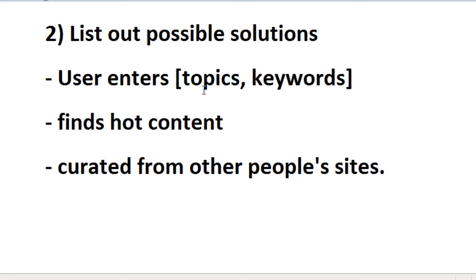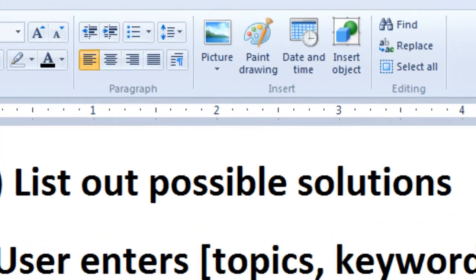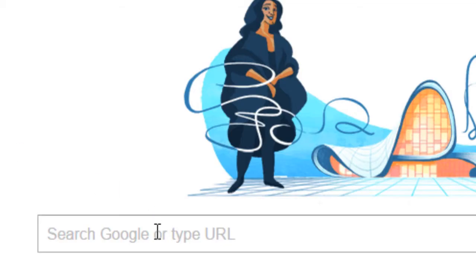And then the plugin needs to do something next. So obviously, if you go to Google, for example, let me break it down. If we go to Google, the user obviously goes to Google. Now, the user essentially can be the plugin. So the plugin goes to Google, then it takes the keyword and the topic, and then it enters it into